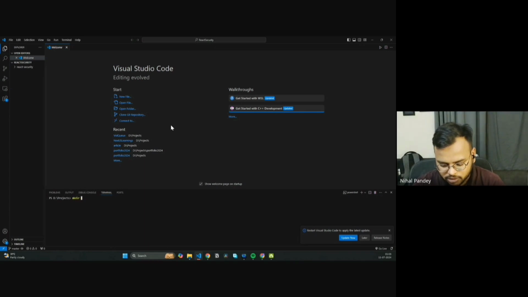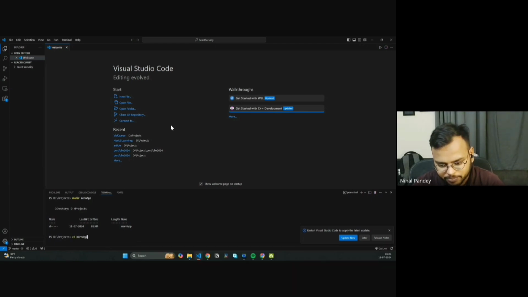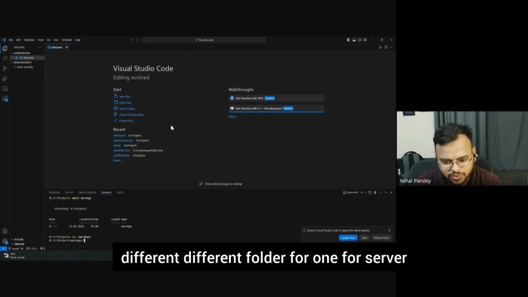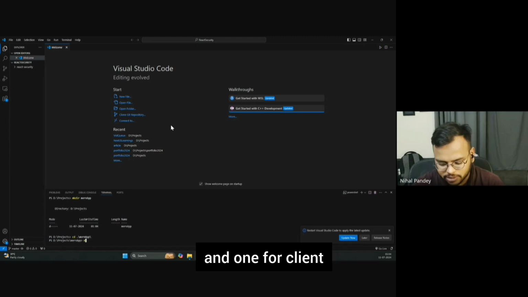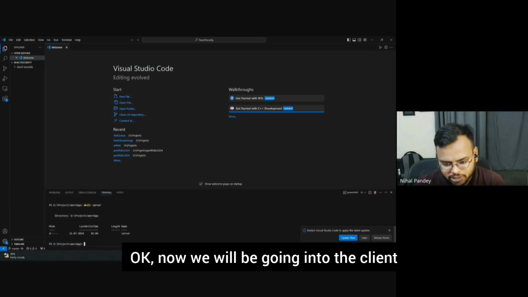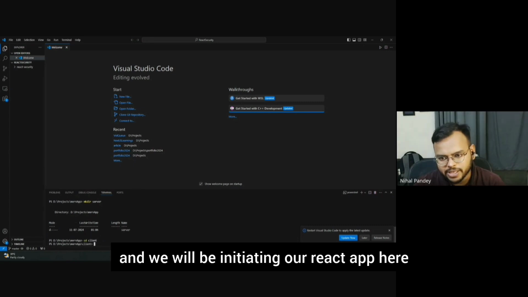So our MERN directory is created. We will be going into this folder, cd MERN app. Now in this folder, we will be making two different folders, one for server and one for client. mkdir. Okay, now we will be going into the client directory, cd client, and we will be initiating our